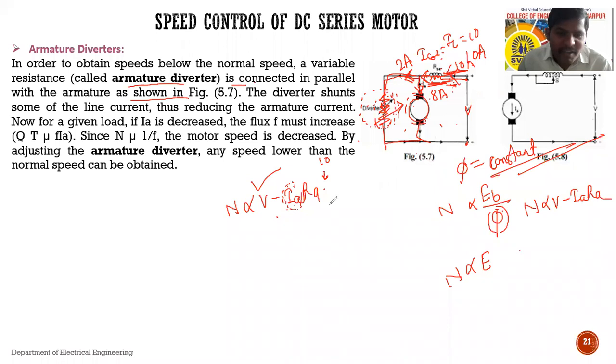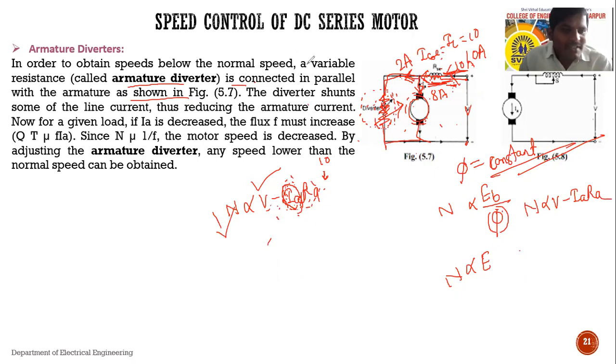So see, current flowing from this Ia, it will be reduces. This drop, it will be reduces. That means V minus IaRa हा जर व्हॅल्यू रिड्यूस झाली, काय होईल? स्पीड इज ऑल्सो रिड्यूसेस, राइट? So see,